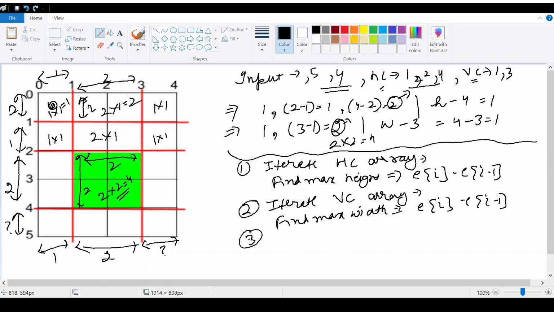So at the very last, for the last block, we will do this one. We will calculate the maximum height by comparing max height and h minus last element.